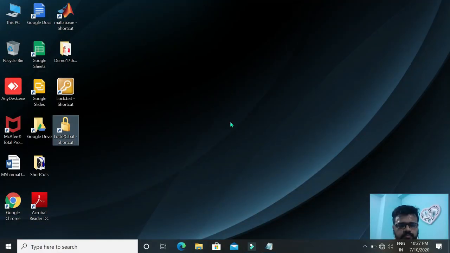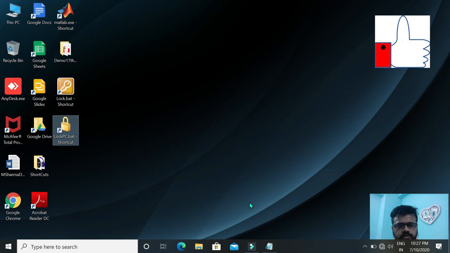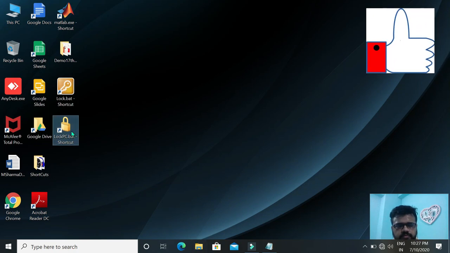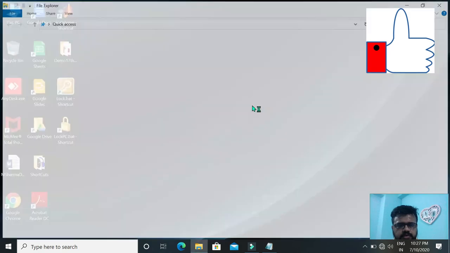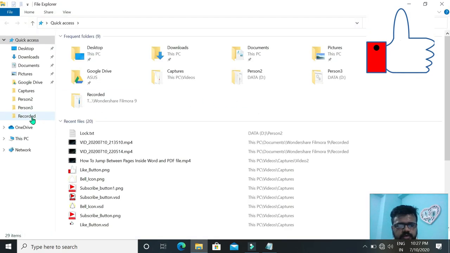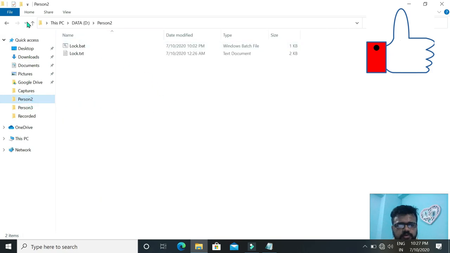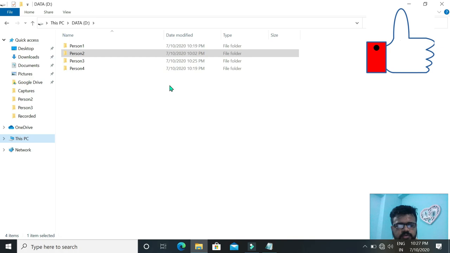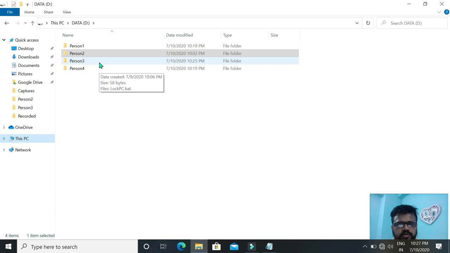so there are a lot of advantages of using a batch file. Now I'm going to show you one of the most important advantages of a batch file. Suppose you have four members in your family and you want to secure your data from other family members. The data must be your important data of your work or your university, so you have to keep it safe so that no one messes with this data and it won't be destroyed by any means.